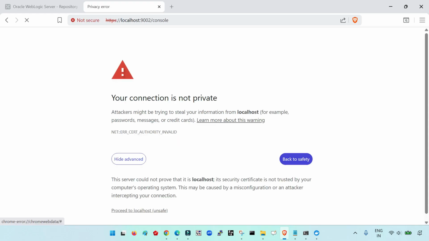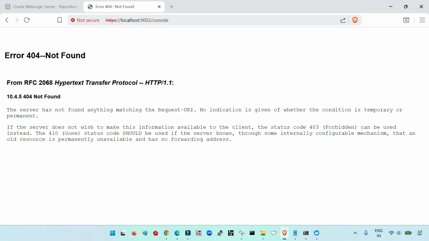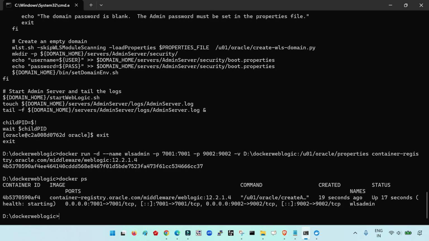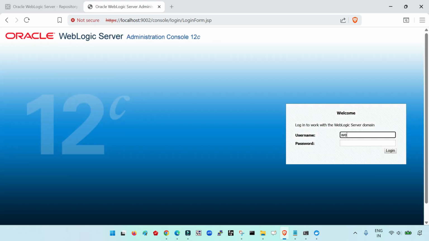Okay, now you can see, it may be taking some time to create the domain. That's why it is not yet there. So let me refresh it. Okay, so now it is there. So weblogic and weblogic123,